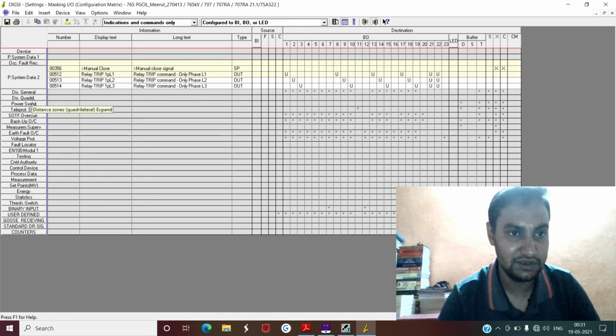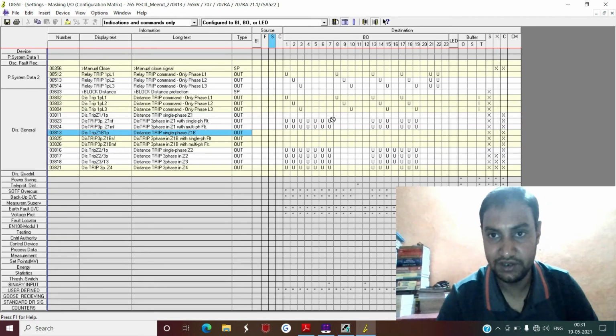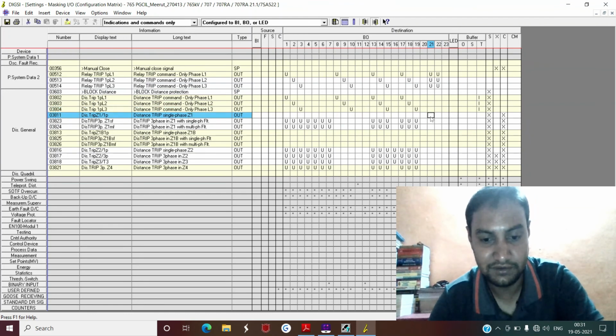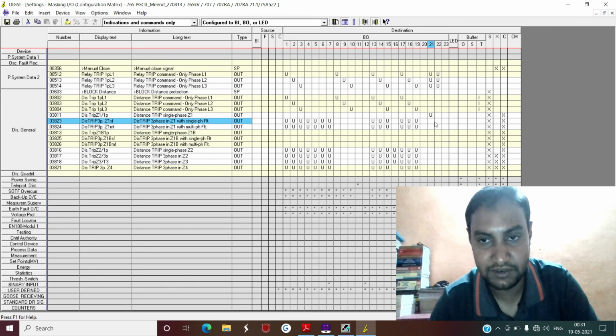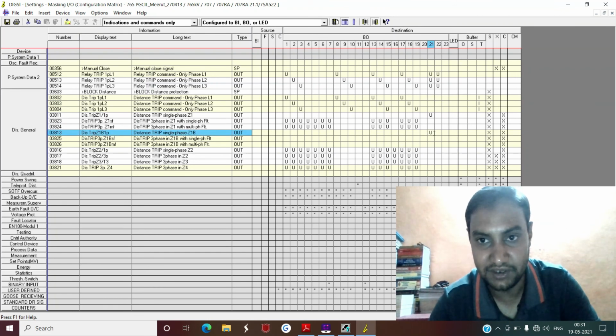The correct way is go to this distance general and use this 21 for the distance trip single phase zone 1, and the next is this distance trip single phase zone 1B.